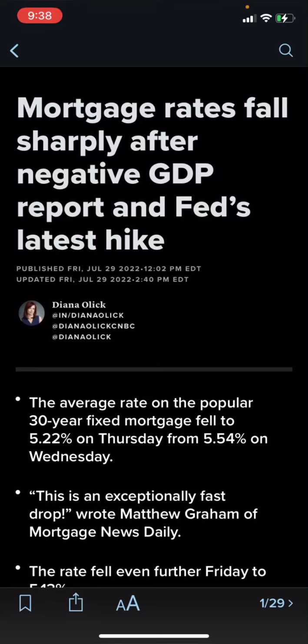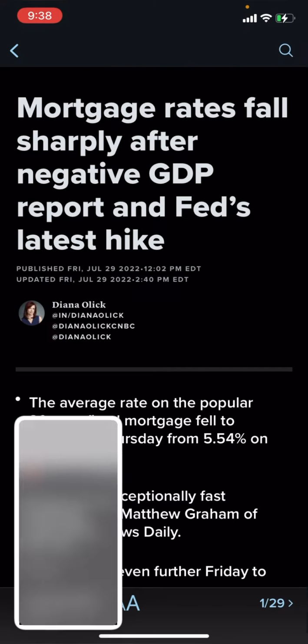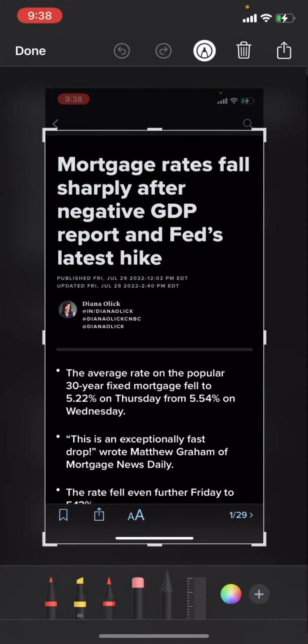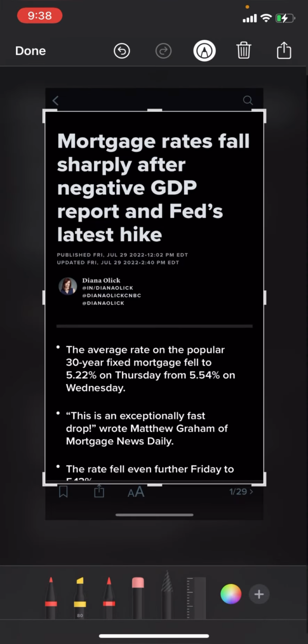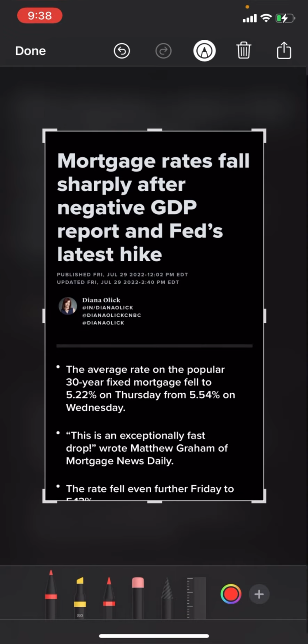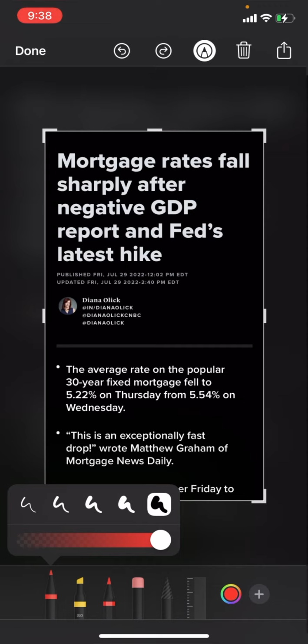Today, I'm going to talk about the markup tool. For example, I got some news from CNBC and I want to capture the screen and then send it out. Very likely you want to highlight something. For example, I want the percentage. One way is to draw a straight line, because many people, when they draw the line,